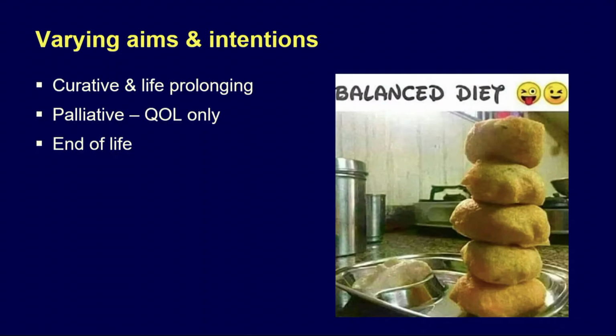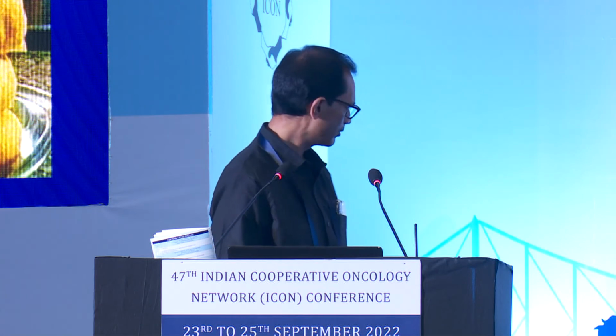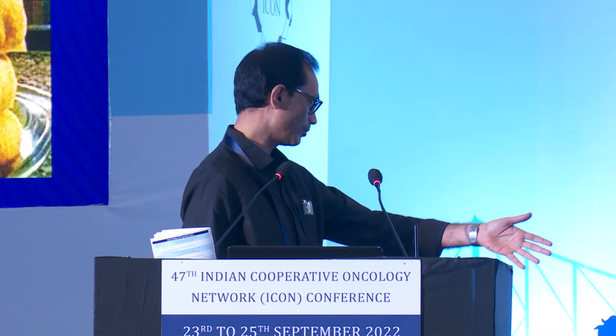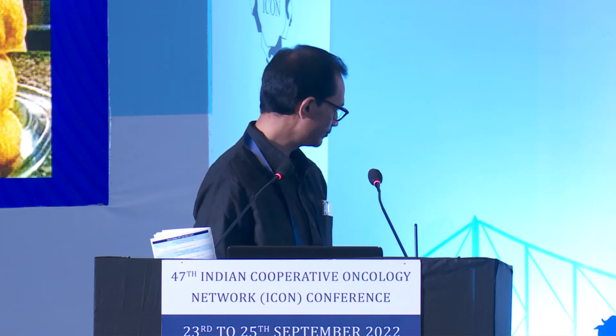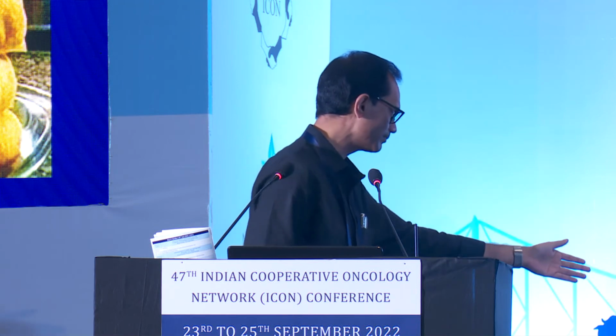So essentially they are part of the multidisciplinary team, just like you speak to your surgeon and your radiation oncologist very frequently, saying this is what I think we should be doing, not you should be doing. So the dietitian should be part of that team to understand what each of these treatments will do to patients. Even if I miss something, and the other thing I like about multidisciplinary care is that what I miss is picked up by somebody. So ultimately the patient gets everything that is necessary.